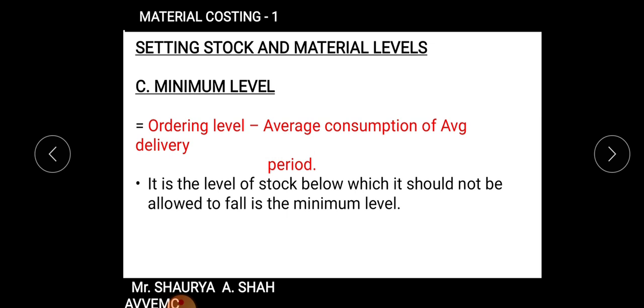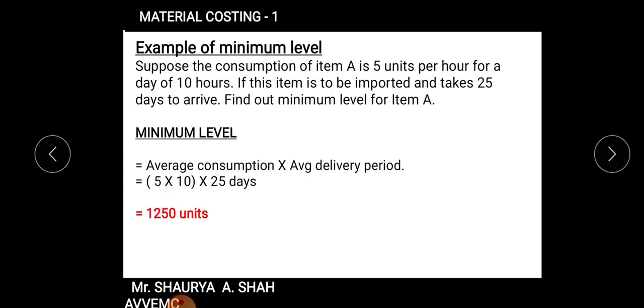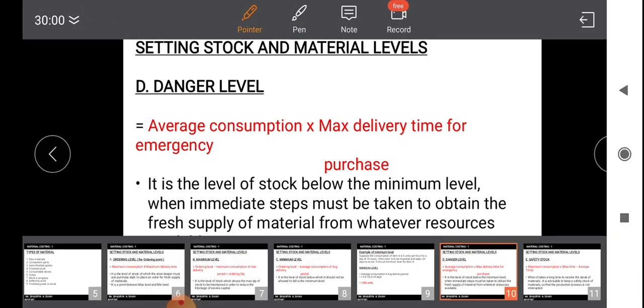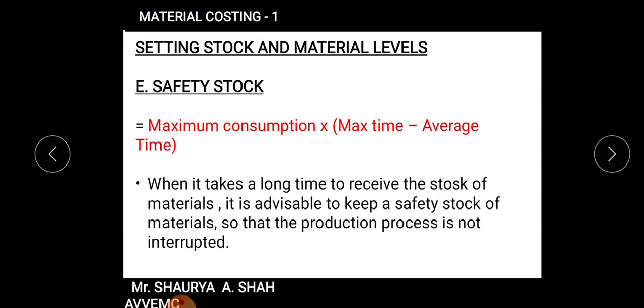Minimum level is your ordering level minus average consumption, that is consumption of average delivery period. Example we saw. Danger level is average consumption into maximum delivery time for emergency purchase. Next is your safety stock level that we saw just now, maximum consumption into maximum time minus average time,